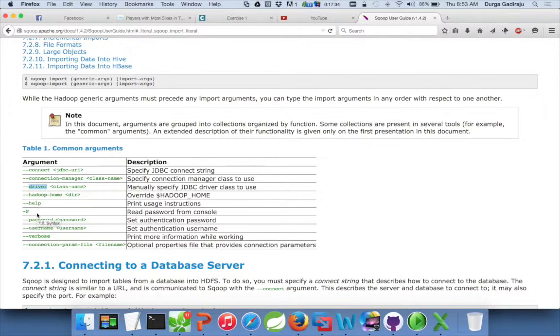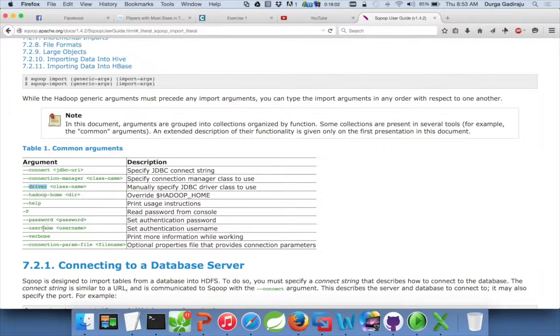And -P, if you use it, will prompt you for the password. So whenever you run the command, you have to enter the password. --password will not prompt you, but you have to pass the password, and username is --username. Verbose controls what information it should print while the command is running.